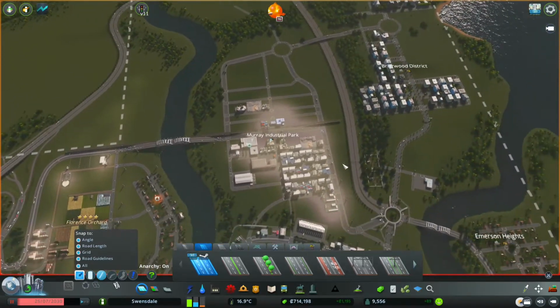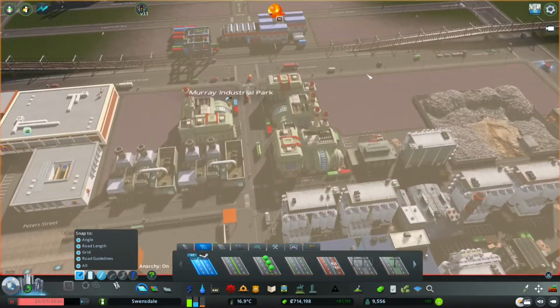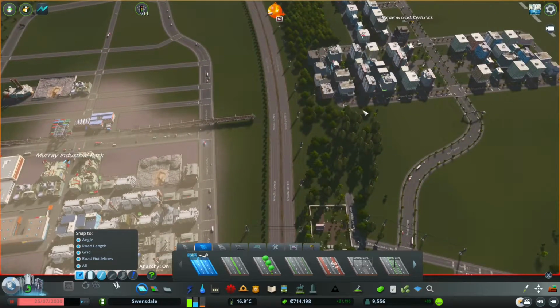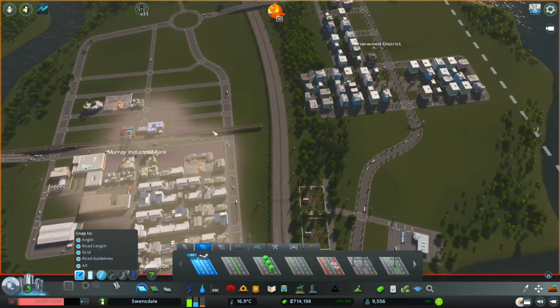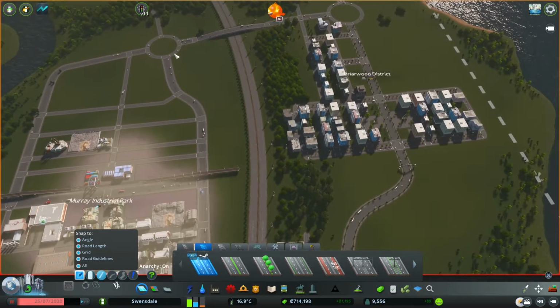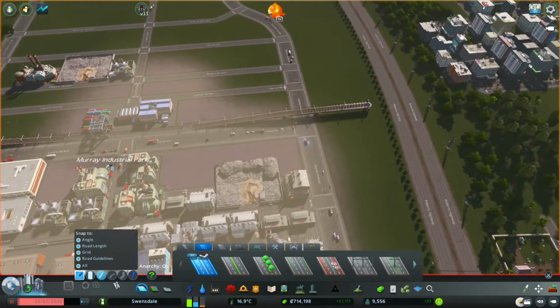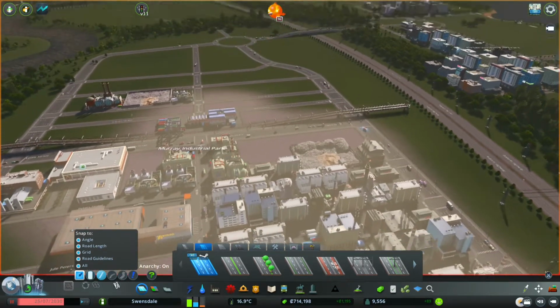I should just point out I did a little bit of remodeling. I decided that I would put in another terminal to get goods sort of nice and direct, which might make this a bit redundant actually, but never mind. Pop in a terminal here to service this high density commercial. So it kind of looks the